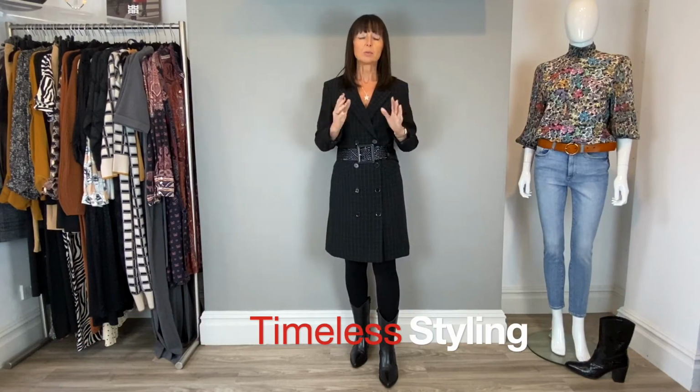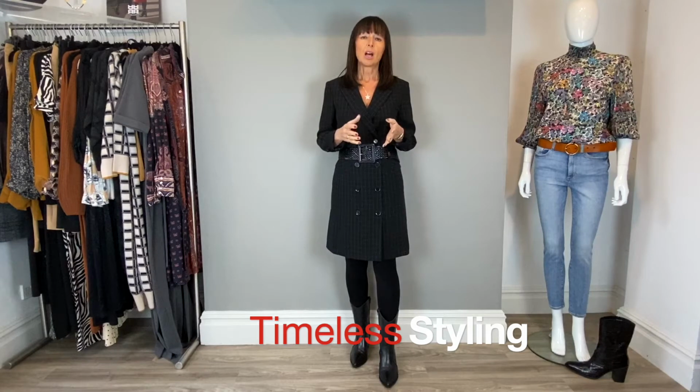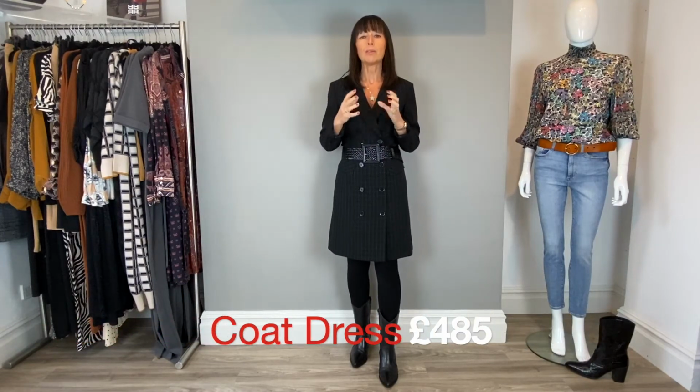So this piece as well is not just for now, it's forever. This would be in your wardrobe forever. And it is a bit pricey at $485, but we felt as a buying team that this was a really, really good investment piece. I have belted it today because I'm trying to make it look kind of young and slightly more casual, so I've teamed it with the Alpe Boots again,